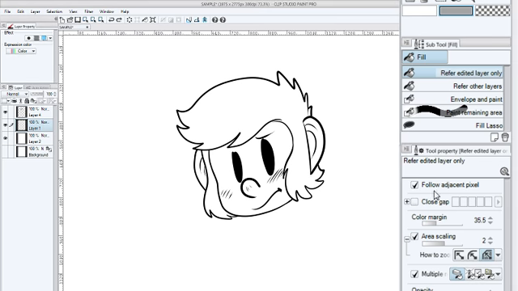But yeah, if you'll see all these settings, follow adjacent pixel, that just means it... I don't know terms. Anyway, follow adjacent pixel and multiple references, that means it references all the layers. And area scaling is how far outside of the area it goes. But basically, it extends the fill area several pixels out, which is helpful for filling in gaps and